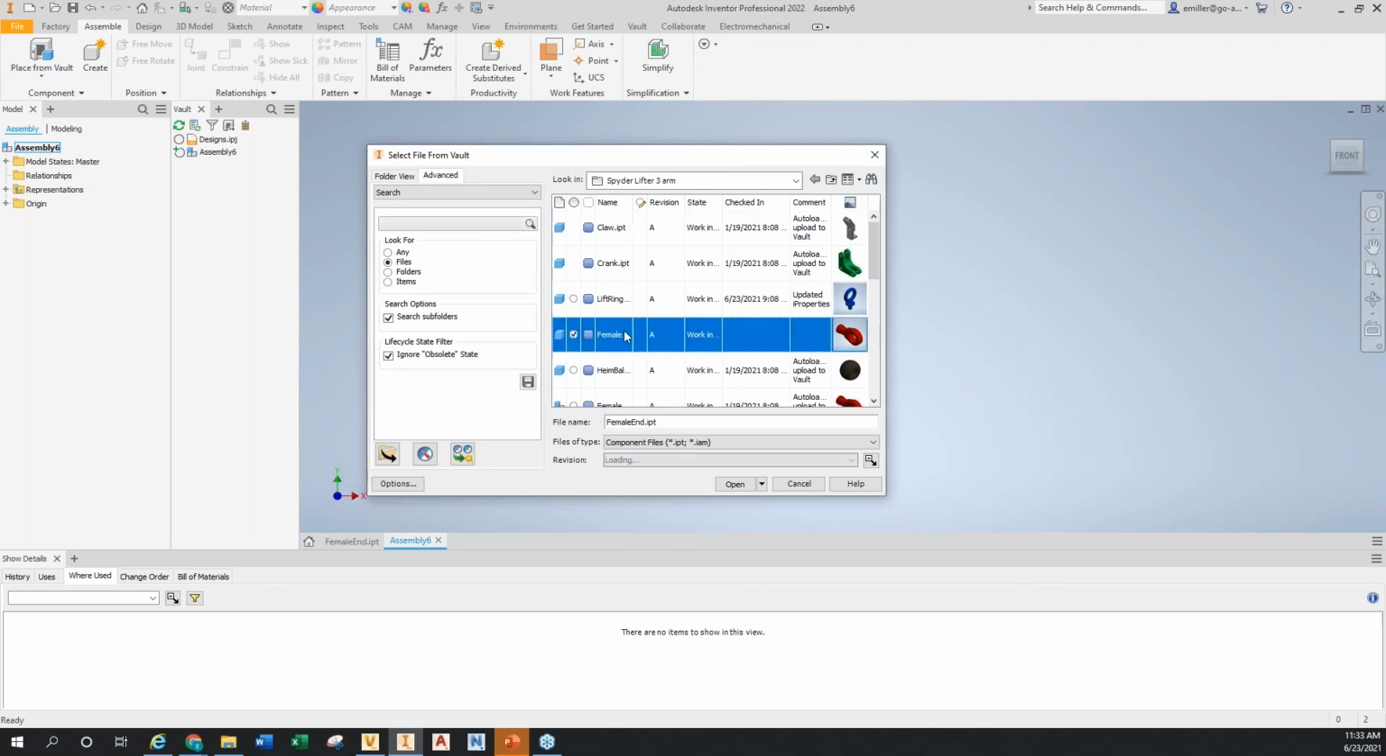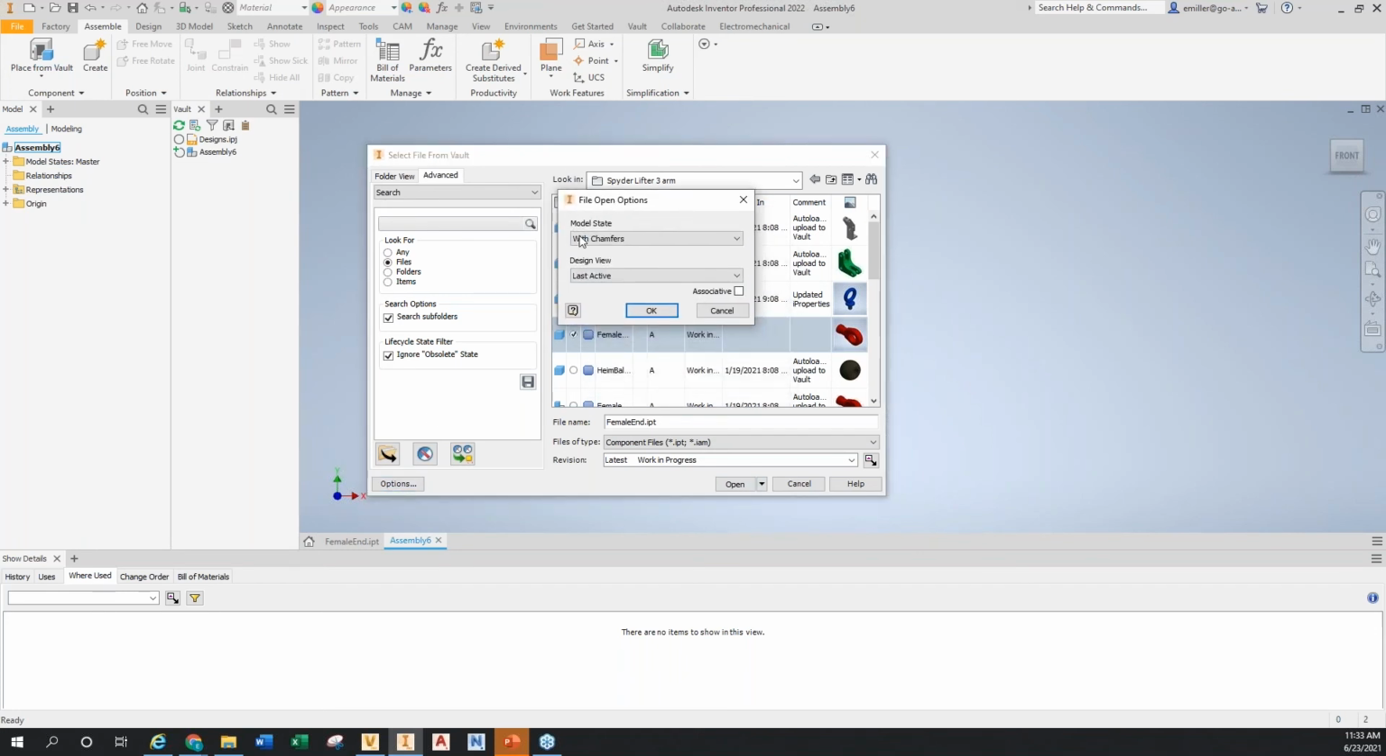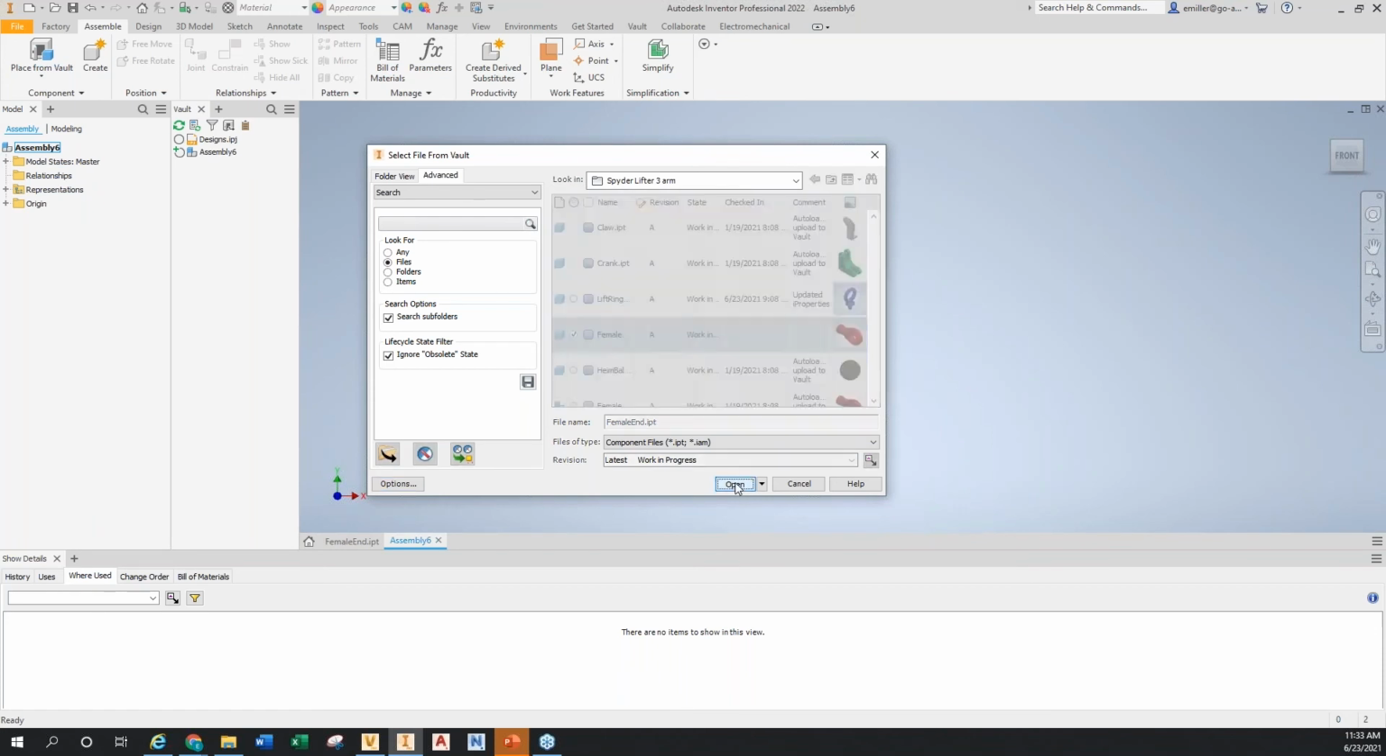All right, anyway, we're going to grab this one, and then down to the bottom left, options. Now I can say which one do we want to bring in, with chamfers or the master? In this case, I want to bring in the one with chamfers, so I'm going to hit OK on that. These are the different model states, and you actually have some view options there too. So hit that one, hit open,